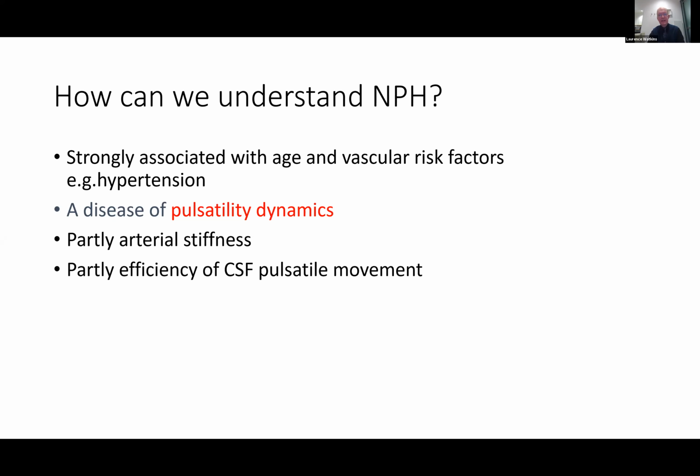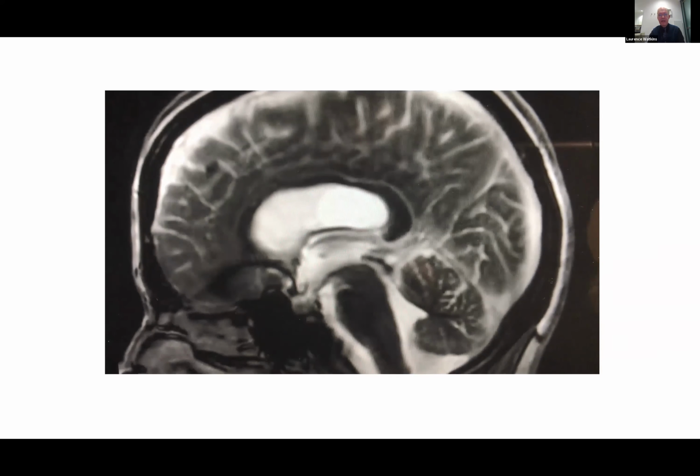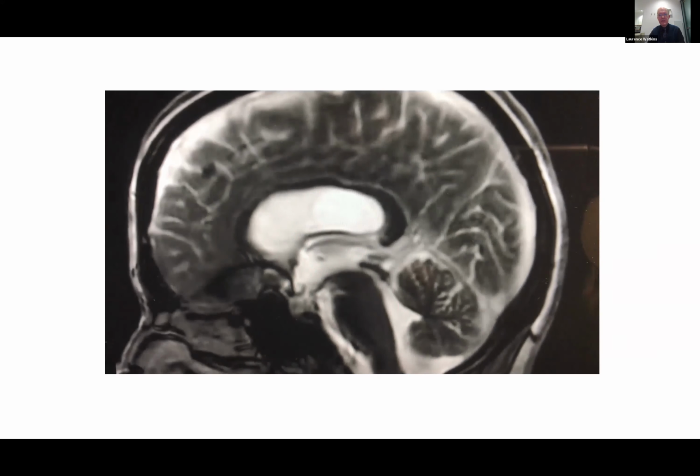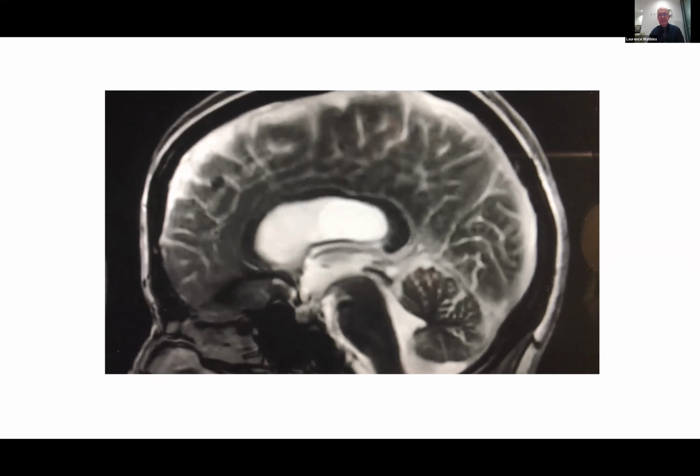And it's most common in the elderly because it's partly to do with arterial stiffness and partly to do with decreased efficiency of CSF movement. So this is the sort of scan that we're used to seeing, sagittal plane through the brain on an MRI. But what we're learning is that this is only part of the truth. The real truth is more like this. And if you have dynamic MRIs, which are relatively recent techniques, the whole brain is moving with pulsatility of the